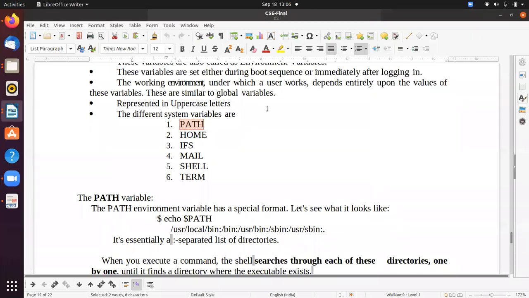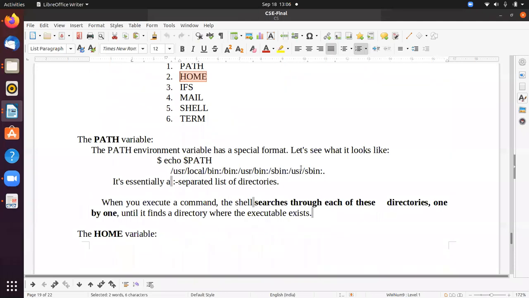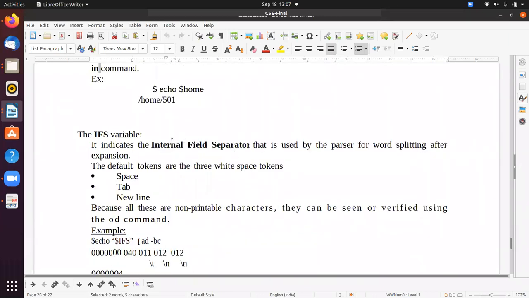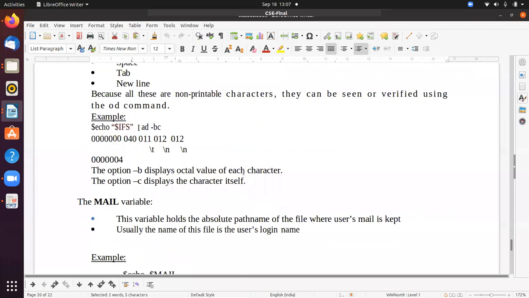So how can we assign those directories? By using the PATH variable. The HOME variable represents the user's home directory. IFS means internal field separator. A space, tab, or new line is a field separator. We can give another separator also.